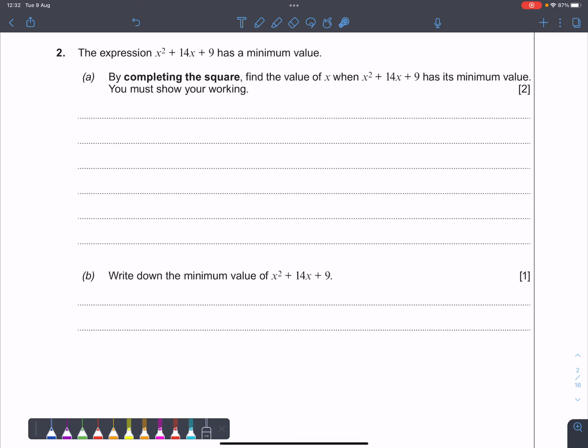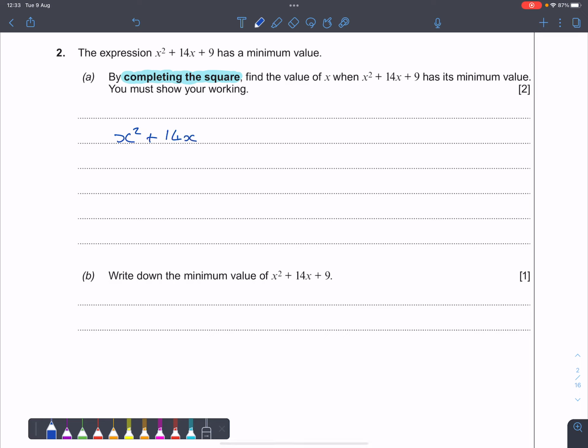So by completing the square, so it's telling you what you need to do. You need to complete the square. We need to find this minimum. So let's complete the square. Now, we're not going to go through why this works. There are other videos for that in other places on the website. But we are going to take our coefficient